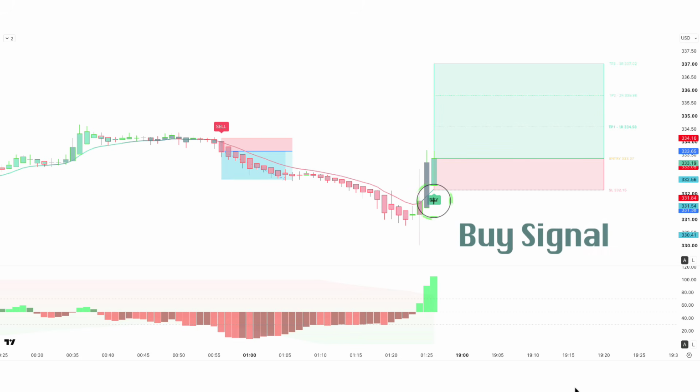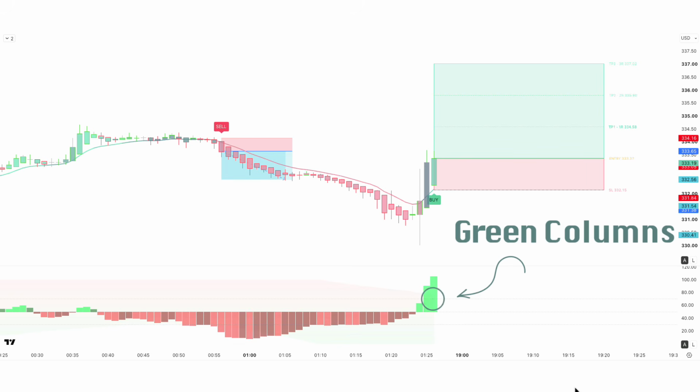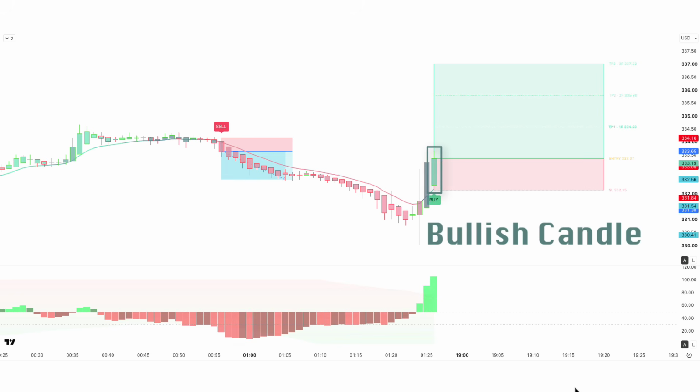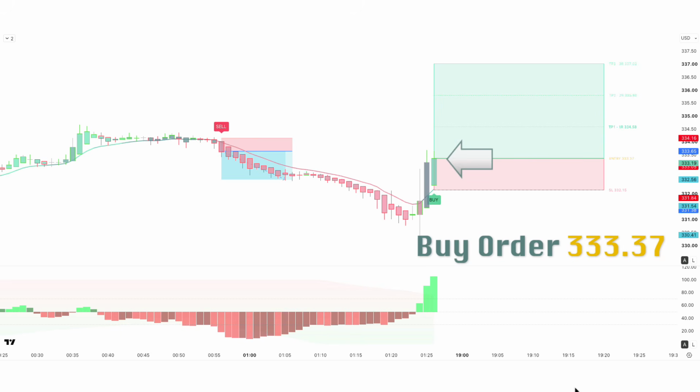Here the Quant Confluence Engine label up of this is a buy signal. Here the green columns of dynamic RSI level plus divergence above the zero line. Here the market has made a bullish candle to give confirmation. So all our conditions are being fulfilled, so we are placing an order to buy